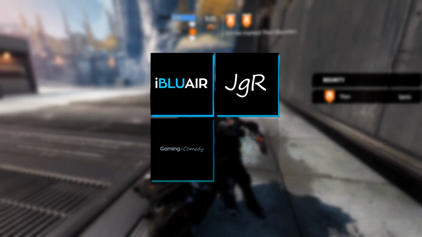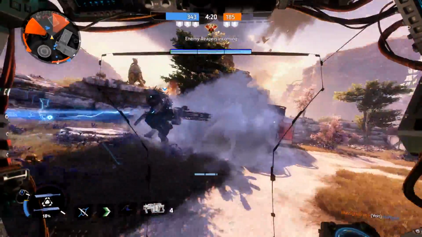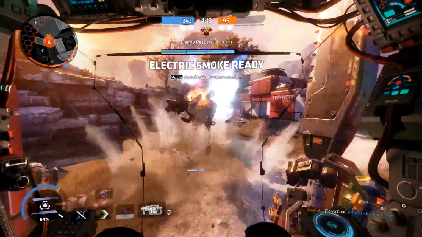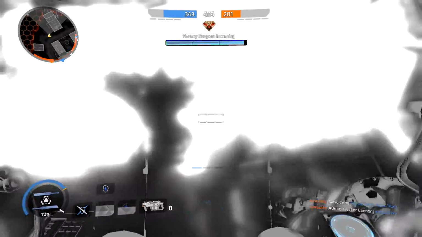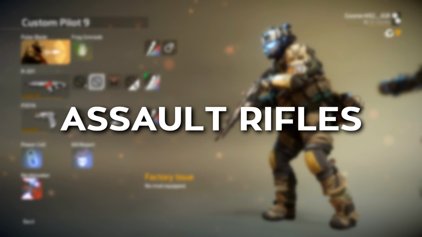There's nothing more important to a first-person shooter than the shooting. The way weapons feel and how they perform is key to the way a first-person shooter plays and how you can best play it. Today we're going to talk about one of the 6 primary weapon classes in Titanfall 2,